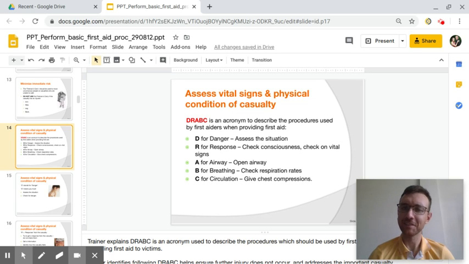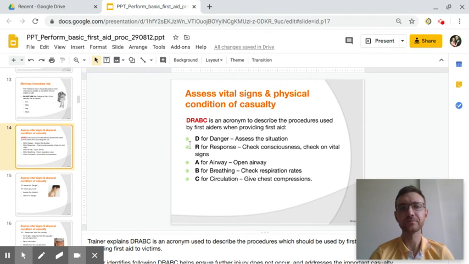A lot of them sound silly, but they do actually work. An acronym is when you use the first letters that spell out a word to help us remember what we have to do. So DRABC is an acronym to describe the procedures used by first aiders when providing